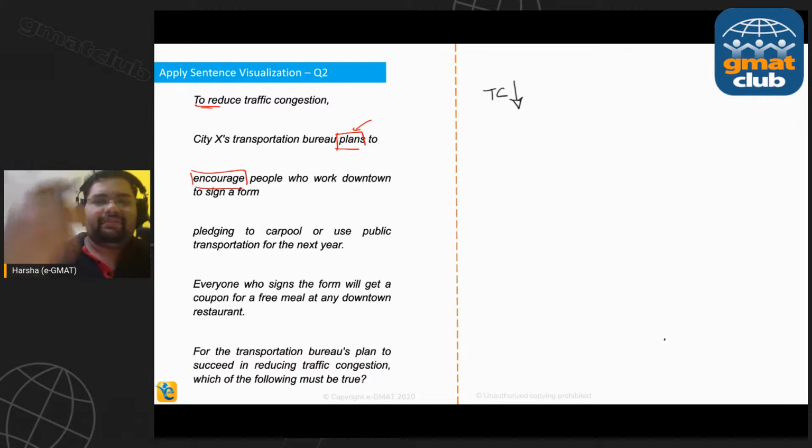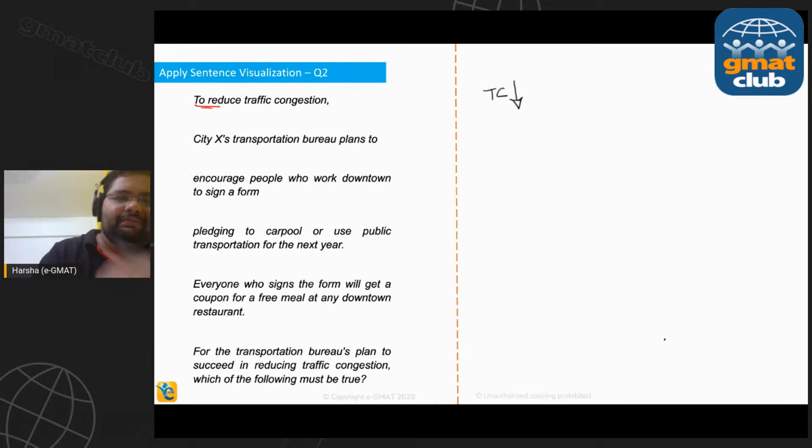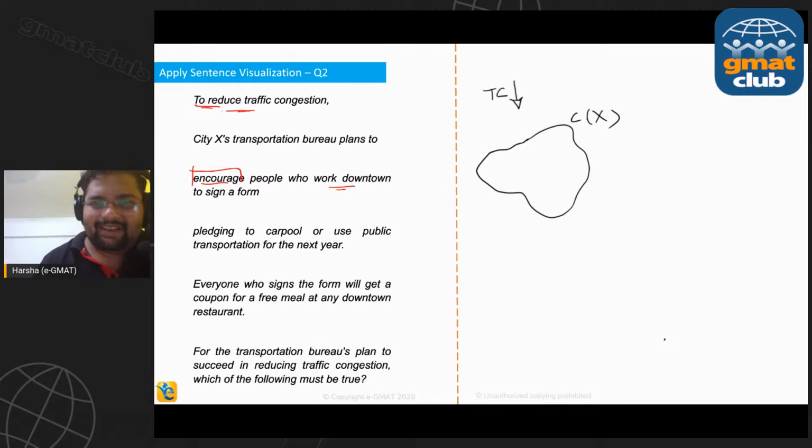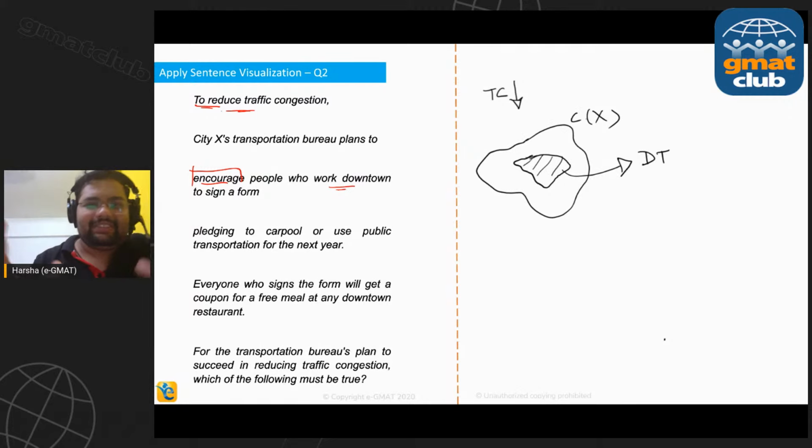Okay. It plans to encourage people who work downtown to sign a form. When I say encourage, again, I'm going through these words, trying to process what they mean. When I say plan, it means it's not yet implemented. When I say encourage, it means I'm trying to get people to sign. I'm not forcing people to sign. All those points will come to you if your brain is active. So I'm already visualizing a certain City X, with the aim of reducing traffic congestion. The plan is to encourage people who work downtown. So essentially, you have some City X, and downtown is obviously some area within City X. This is downtown for me, the way I imagined it. So you're trying to encourage people who work downtown